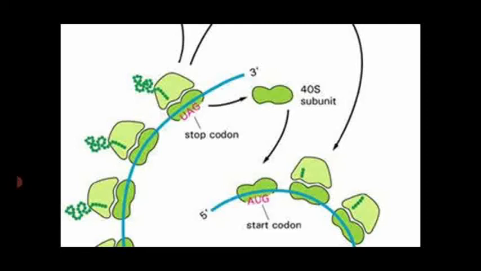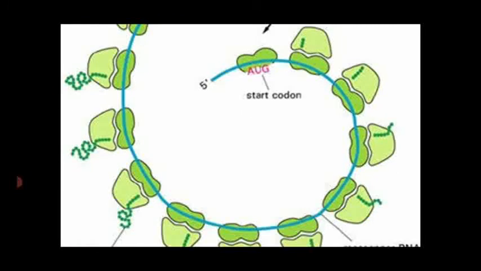Then a green color, small chain-like structure is attached to the large unit of the ribosome, which is known as the amino acid sequence, received from the tRNA, isn't it? It is attached to the ribosome, which has 2 sites: one is the P site, another one is the A site. P site is the peptidyl site, which receives the polypeptide chain. The A site is known as aminoacyl, which receives the amino acid sequences from the tRNA code. So this is said to be the initiation process which occurs in translation.